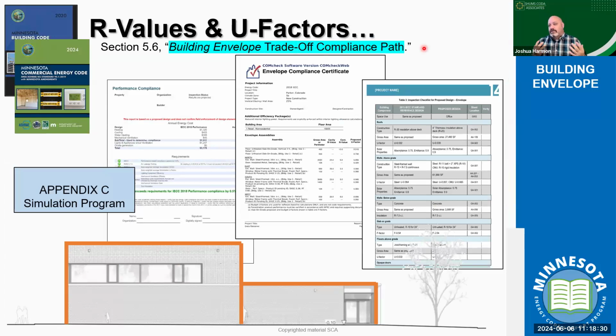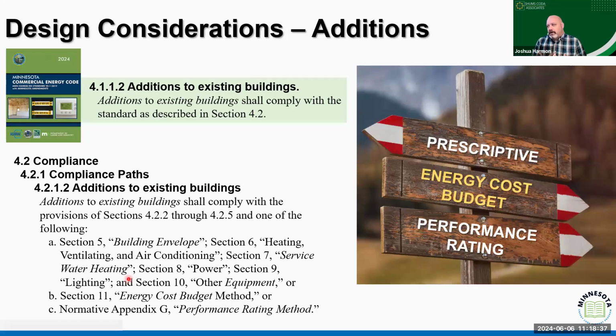And then we can also look at the whole system, right? We still have those other compliance paths for energy cost and performance rating, right? So we can still look at maybe trading off more of those envelope values for more efficient HVAC equipment. And then we've also got the recognition that there are going to be, again, other trade-offs. I mean, trade-offs are exactly what we're looking for, right? And so that flexibility exists in the 21 or the 24 code for that reason.